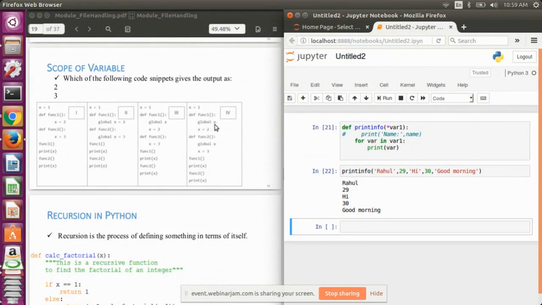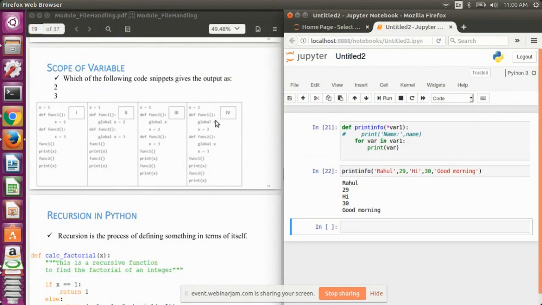This statement says that the x that is a global variable should be used inside this function definition. So the value that will get updated is in the global x, not in the internal or local copy of x.